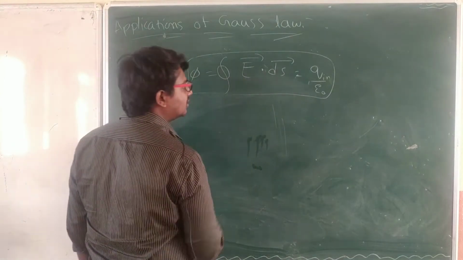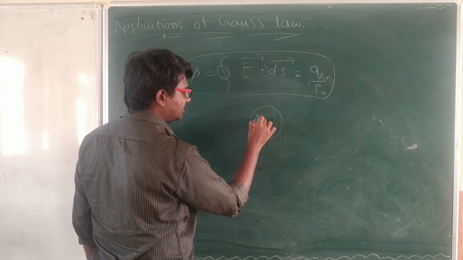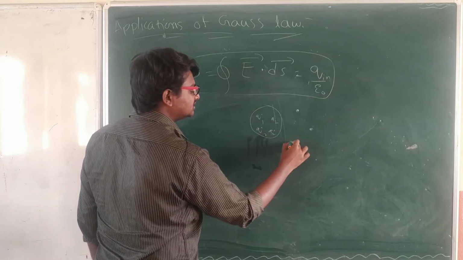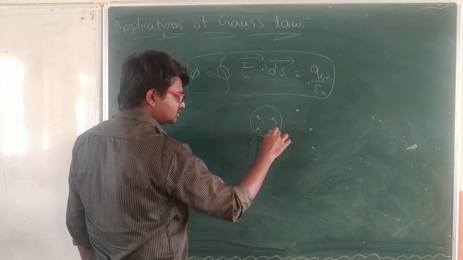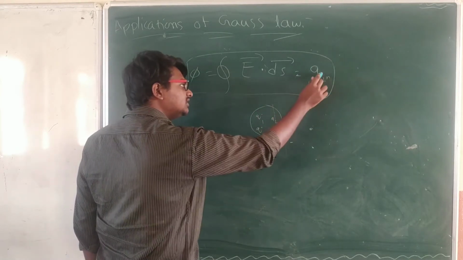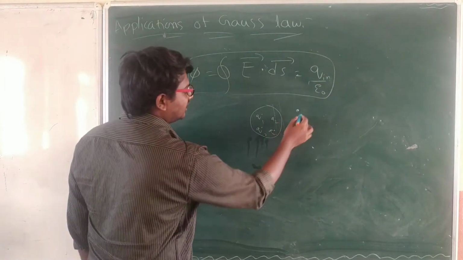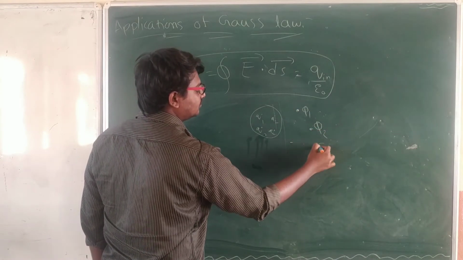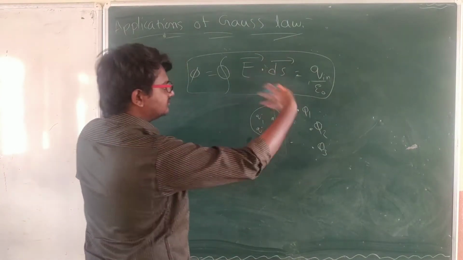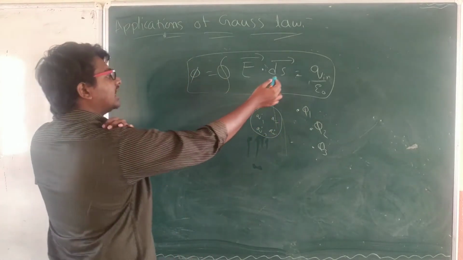That means if you take any closed surface, the charges inside, q1, q2, q3, q4 like that, and any charge outside, only these q1, q2, q3, q4 inside can be kept in this equation for finding the electric flux. You cannot take the outside charges, capital Q1, Q2, Q3. If we take them here, the contribution will become 0 only, because the outside points will make an angle of 90 degrees.